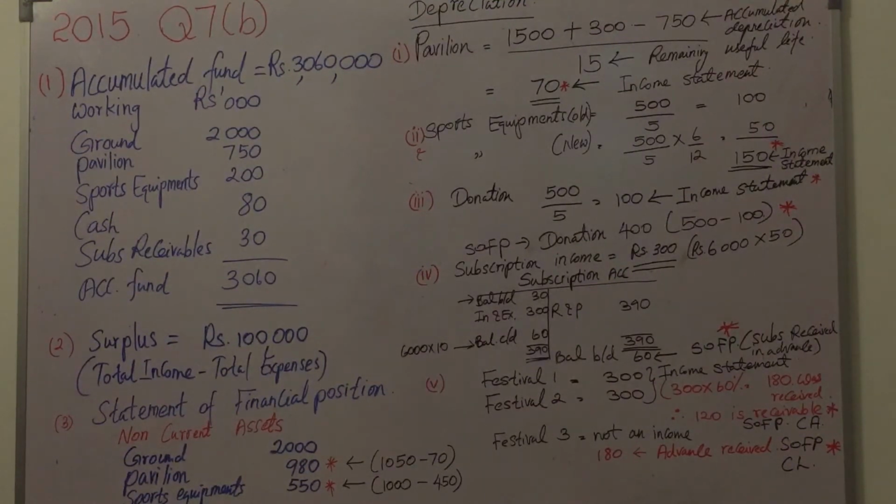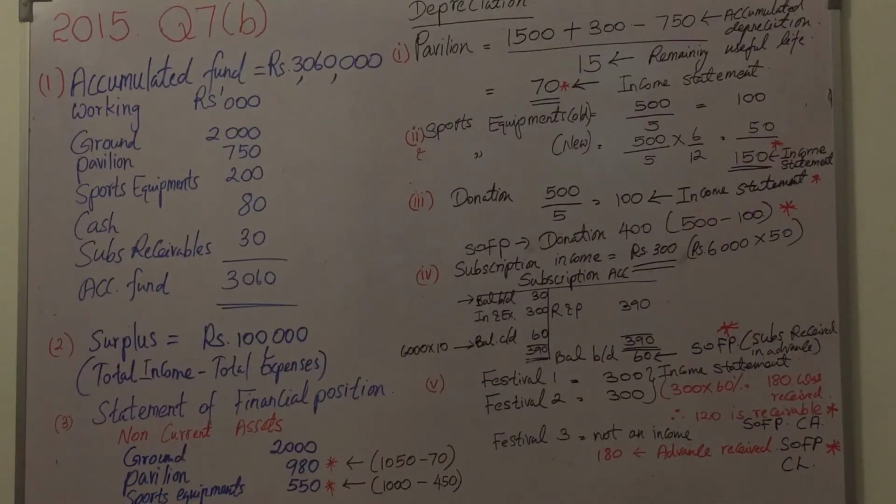The first one is the following information relating to PPE available as at 1st of April 2014. This financial year ends on 31st March 2015, so the non-current assets given here are the assets at the year beginning. Sports ground 2000. Sports ground we do not depreciate, so 2000 is the closing balance if there is no other additional information.